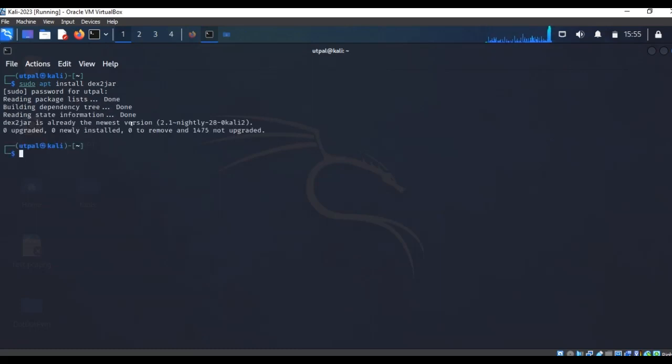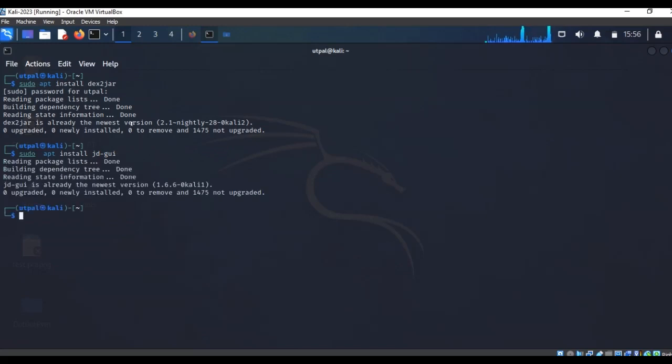I already have this. So again, you can install dex2jar, and you also need to install JD-GUI with sudo apt install, which is a graphical interface. Probably this is also present. Okay, so once these two things are installed, now let me go to the